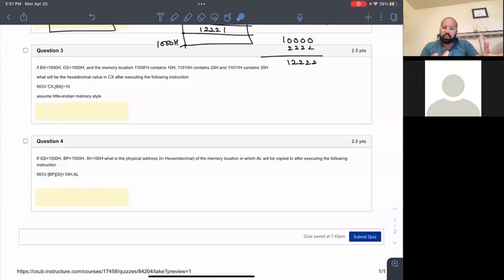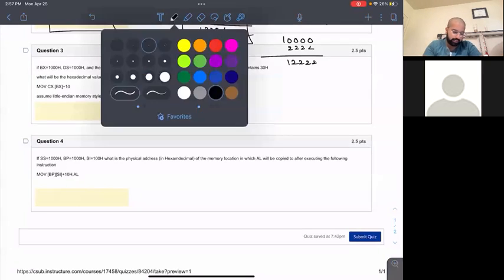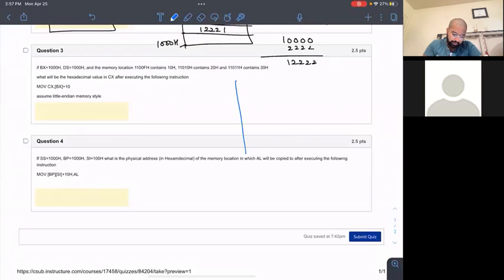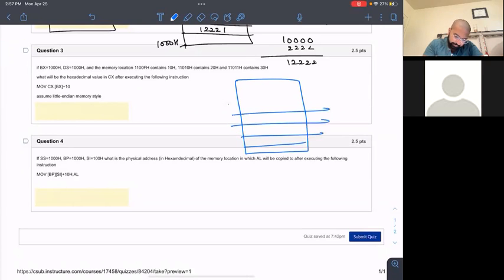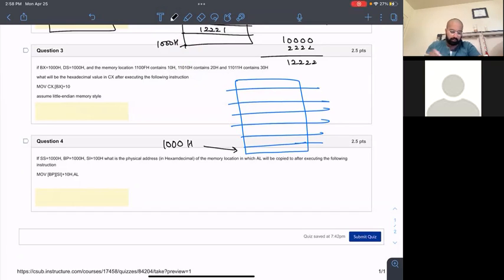Before we get into the instruction, let's draw the data segment so it makes more sense. What are we actually dealing with? Let's say this is the data segment. It has memory blocks. And we know that this data segment is this one, right? Now we know that at this location, 11100, let's just say this is